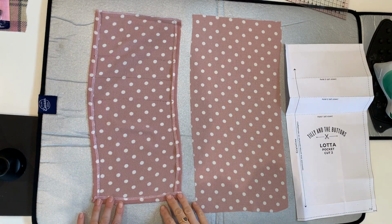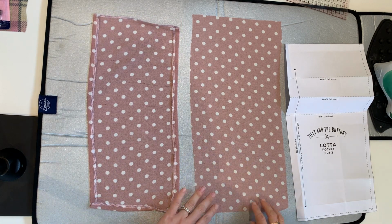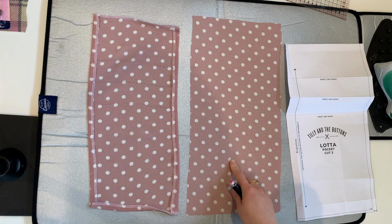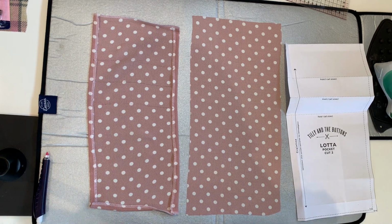Hello and welcome back. So we're now going to concentrate on the pockets. We've made our bodice, so we're going to move on to the skirt, and the pockets are an optional part. I'm going to add pockets to mine, so I'm going to take you through the steps now to make the